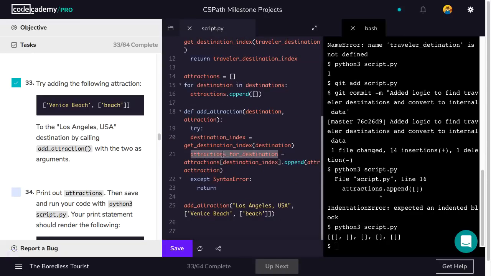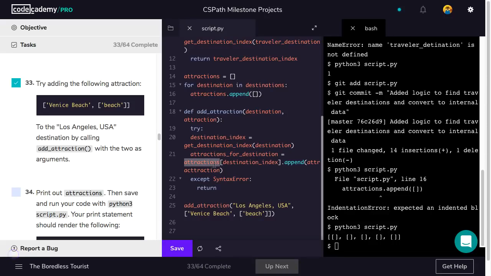And now that we know that it's located at the second index, not the second element in the array, it's actually the third element in the array, but it's located at the position of index 2 in our destinations array. So this is equal to 2, and then it says, all right,